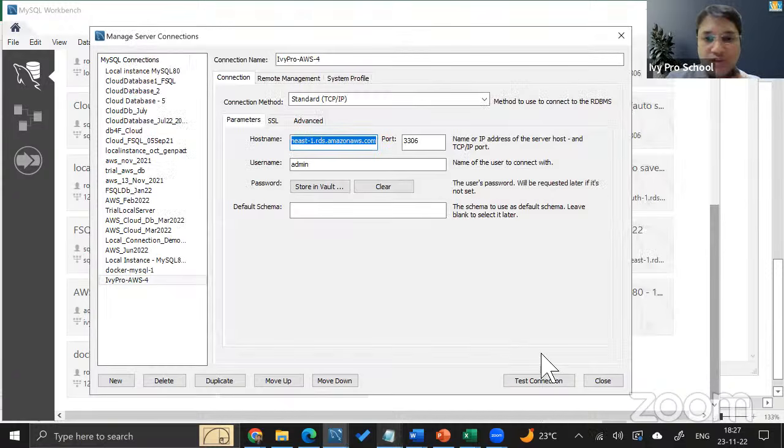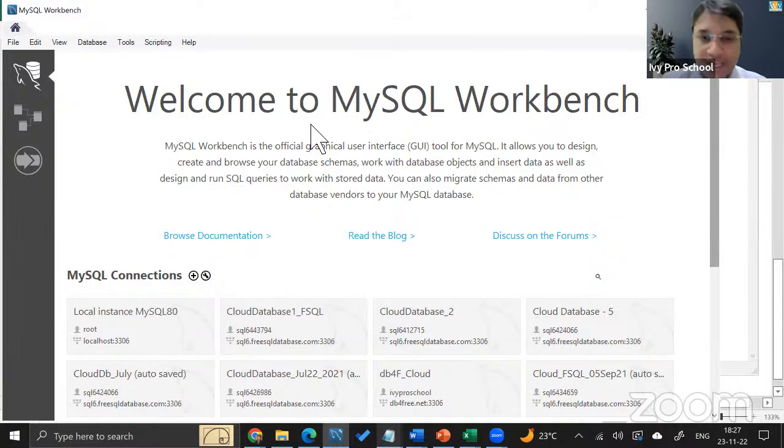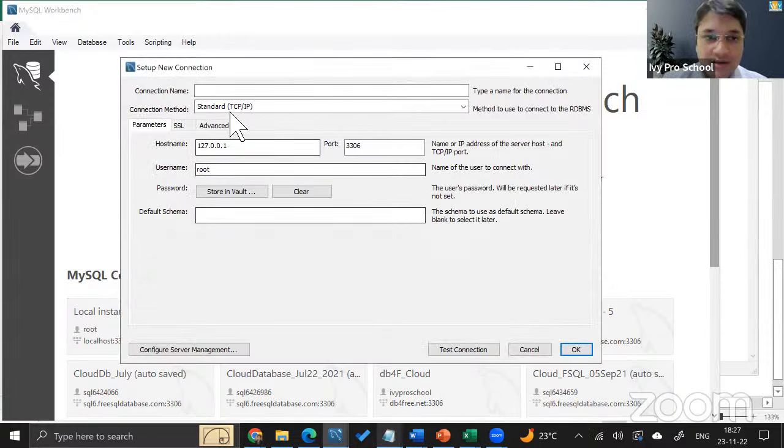Now, how do we use it? Let's see how we can use it. In order to create a connection using MySQL Workbench, when you open it, you will see MySQL Connections and a plus button. Go ahead and click on this plus button. When you click on the plus button, you'll get a connection name here. You can give any connection name.